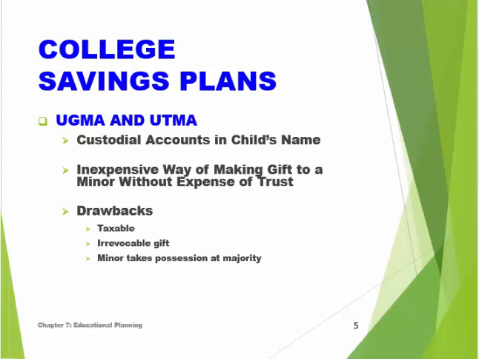So there's several different kinds of plans. The first kind of plan that we can talk about is something called an UGMA account. And UGMA and UTMA have to do with basically a trust. It depends on what state you're in. If I'm not mistaken, Ohio has the UGMA accounts. That's the Uniform Gift to Minors Act. And I'm fairly certain that Kentucky is a UTMA state, which is the Uniform Transfer to Minors Act. They both act the exact same way.